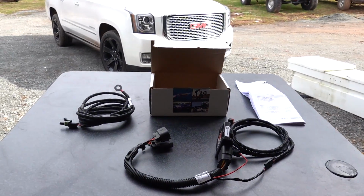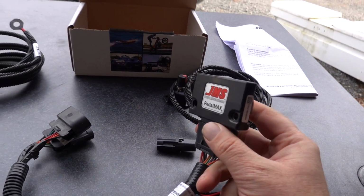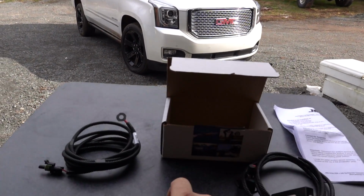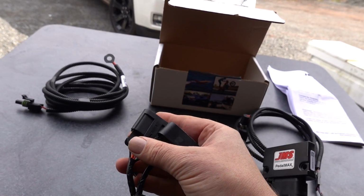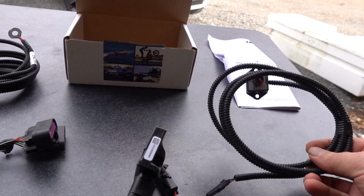All right, so we have our JMS PedalMax here unboxed, and what you're gonna get in the kit is we have our PedalMax module right here, and this just piggybacks onto your factory harness. So basically what you do is you unplug your throttle pedal in your vehicle, you plug your throttle pedal into this harness, and then the factory wiring will go into the other side, and then you have your module connected. You're just gonna put this up out of the way, and then over here we have our control knob,